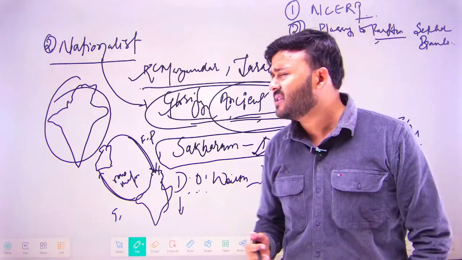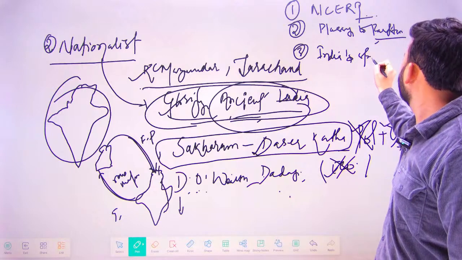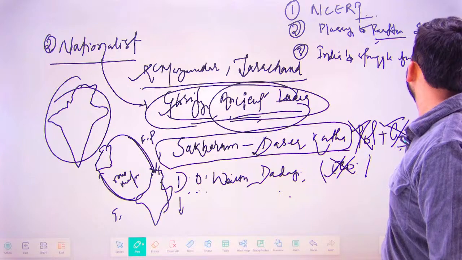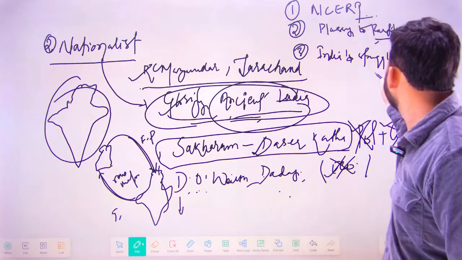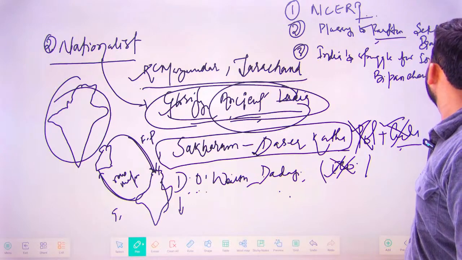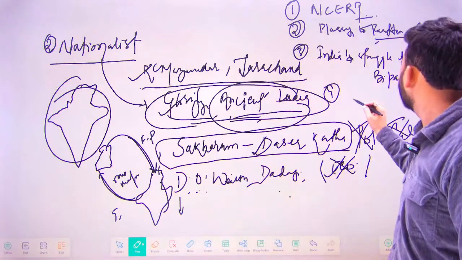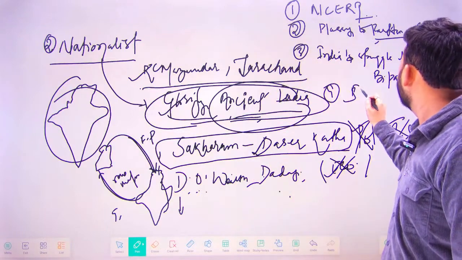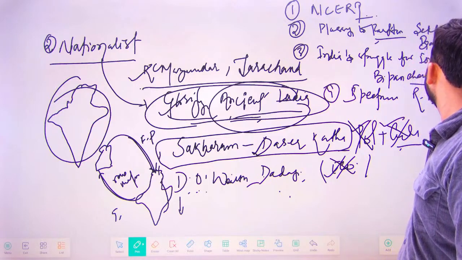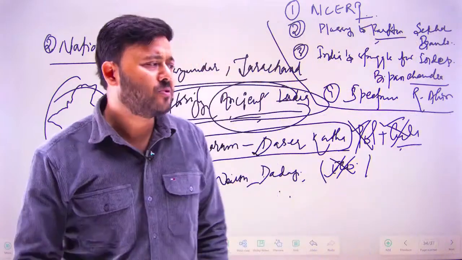Next, these are reference books, you can refer to India's Struggle for Independence, written by Bipin Chandra. Last but not the least, if you read well, you can go for Spectrum, Rajiv Ahir. So these 4 sources can be taken up. Apart from this, if you are